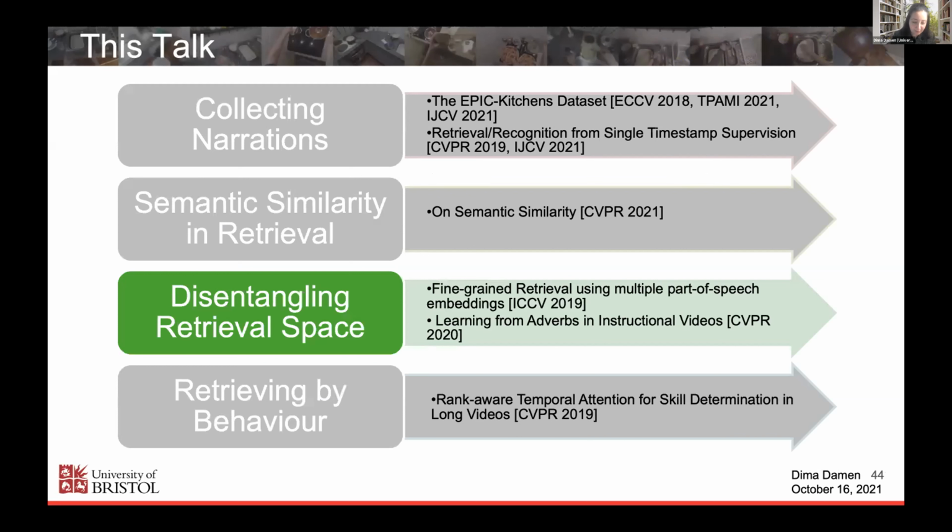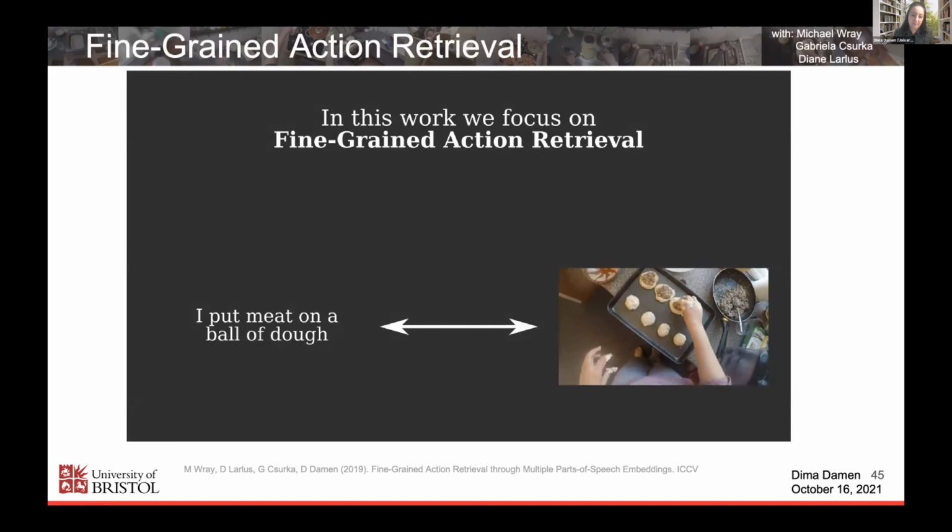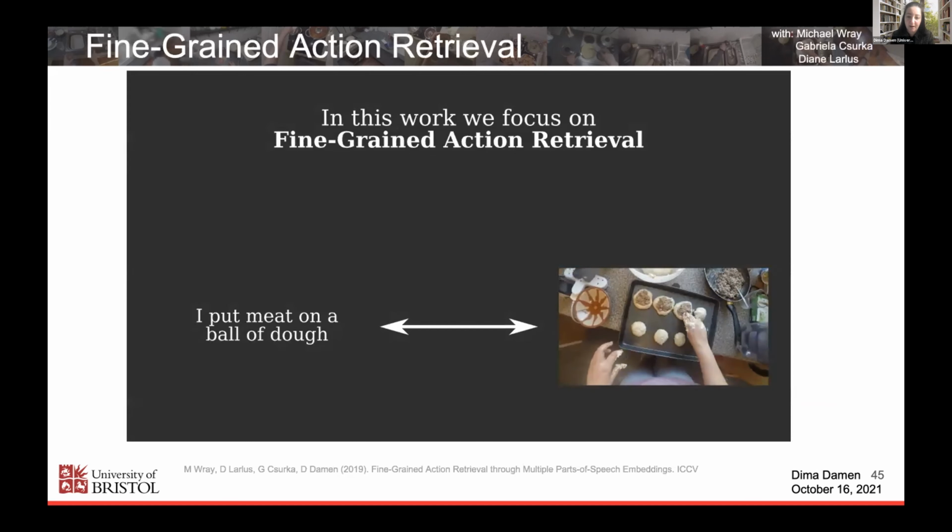Right, so I'm basically telling you lots of potentials for solving problems, but more limitations. And then I'll proceed with some aspects that we've been interested in: disentangling the retrieval space, particularly using the sentence parsing or the part of speech. So in this work, fine-grained action retrieval through multiple part of speech embeddings, in collaboration with Naver Labs, what we